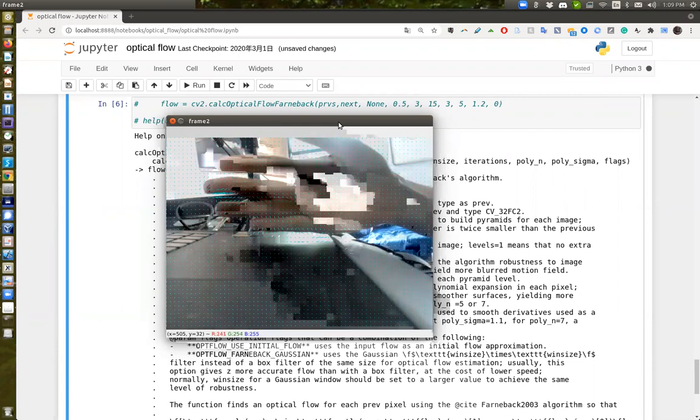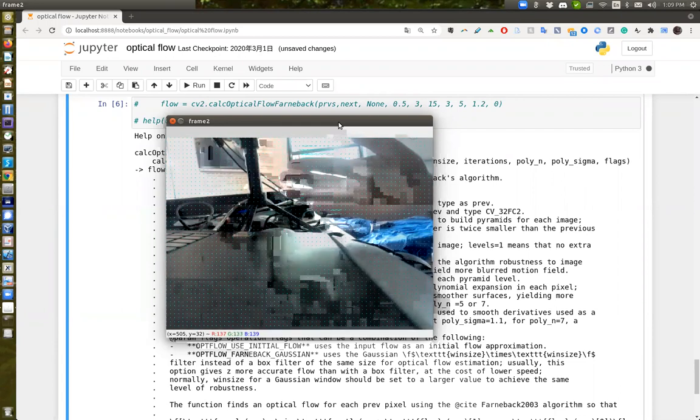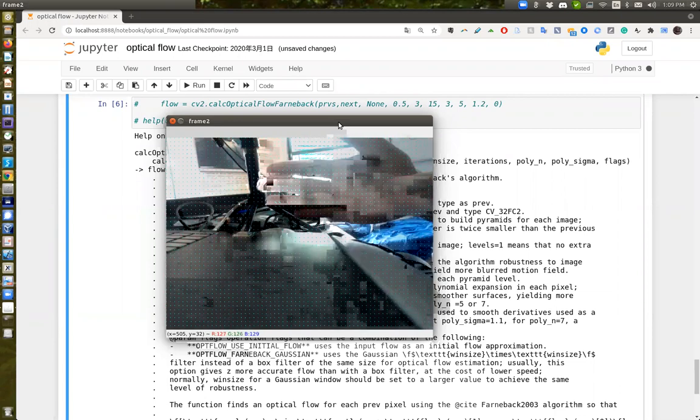For example, I put my palm here. If I move back and forth, you see here in the middle here, it